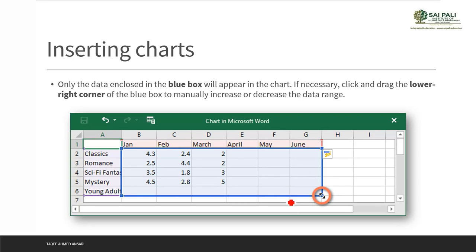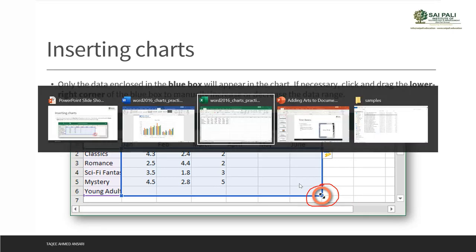We can do it easily by clicking and dragging this corner of this blue line. The chart will only represent the data which is inside this blue line. So if we want to represent more data, we have to hold this line from the corner and drag it to the other column or row which we want to add.